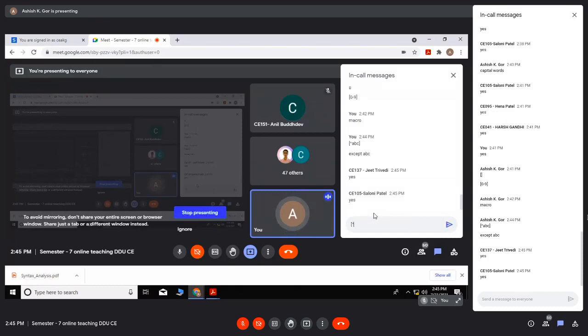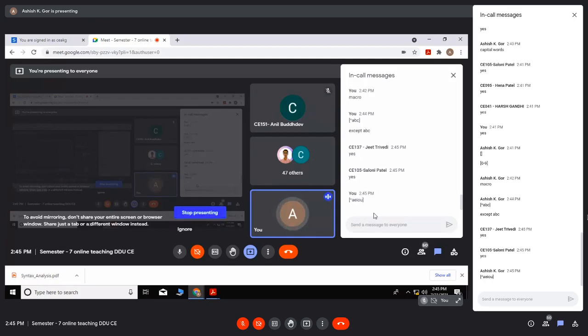I am saying square brackets, then caret, then A. Suppose you write A, E, I, O, U like this, it means except A, E, I, O, U, and it will match with anything else. But remember, this should be written in square brackets, then the caret.